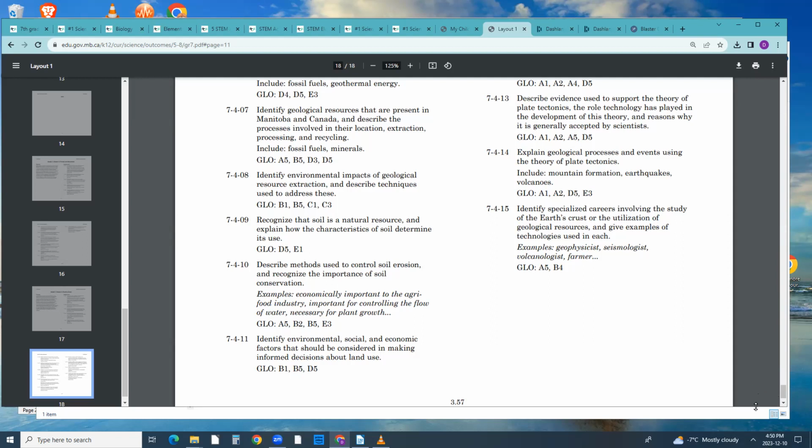Identify specialized careers involving the study of the Earth's crust or the utilization of geological resources, and give examples of technologies used in each. Examples: geophysicist, seismologist, volcanologist, farmer. Cluster 0 comprises 9 categories of specific student learning outcomes,